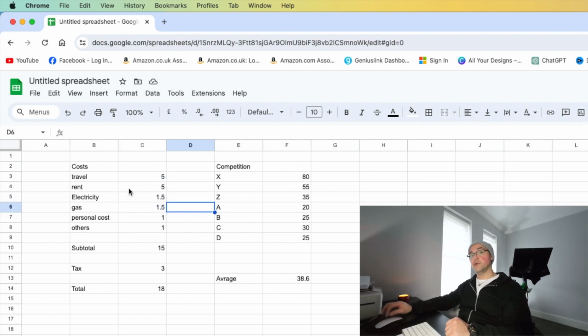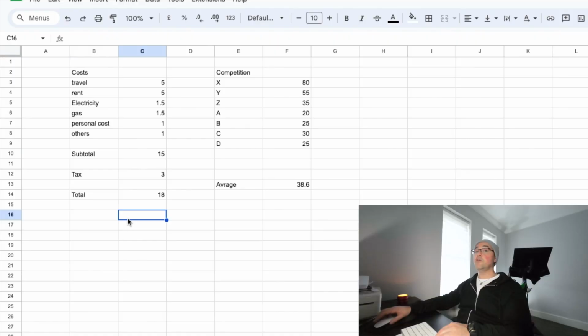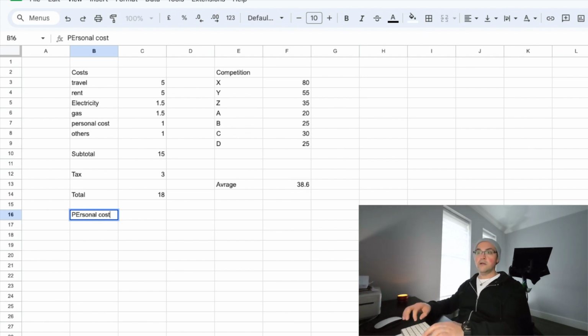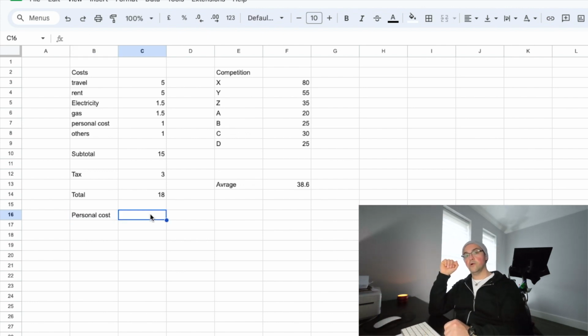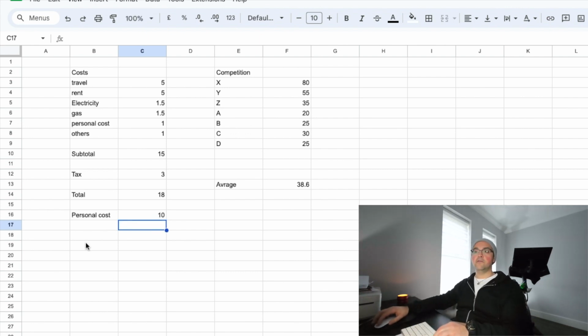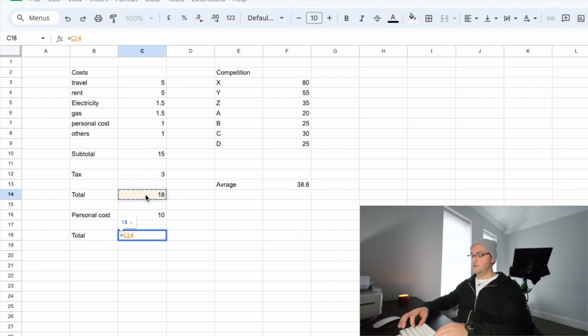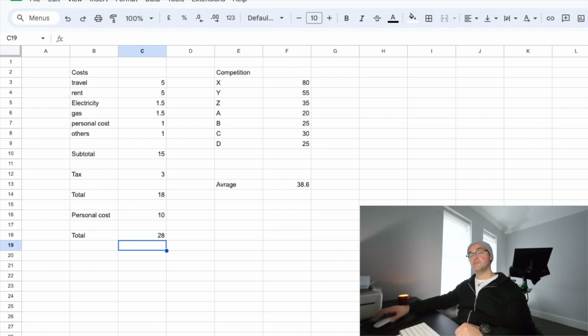I would suggest you put your personal costs on this and say, okay, if you have a rent to pay, if you have electricity to pay, if you don't live with your parents, you're gonna have to pay all these things. If you haven't done that yet, you can add that as a personal cost, like an average if you wish to. And let's say you know that you need to work a certain amount of hours to cover your private costs, let's say at £10. Okay, so you now know that we have another total, which is this plus that. Okay, so now it's become 28.